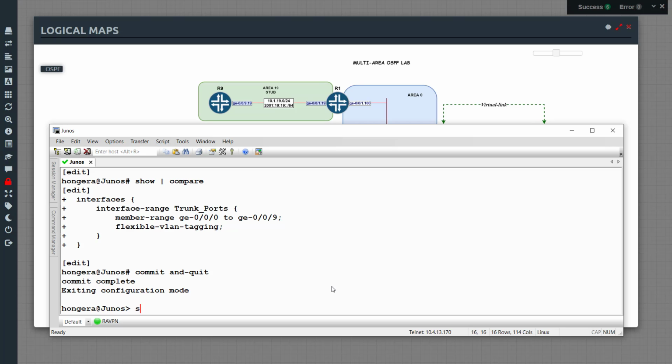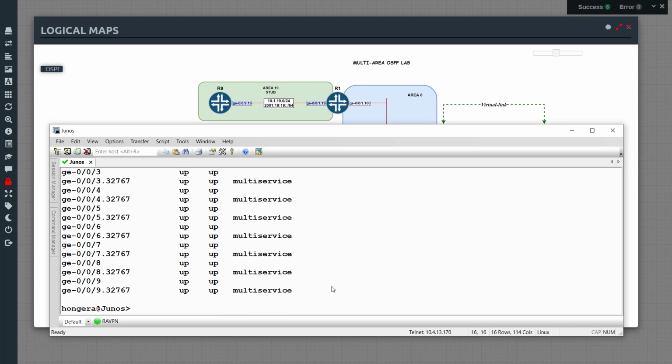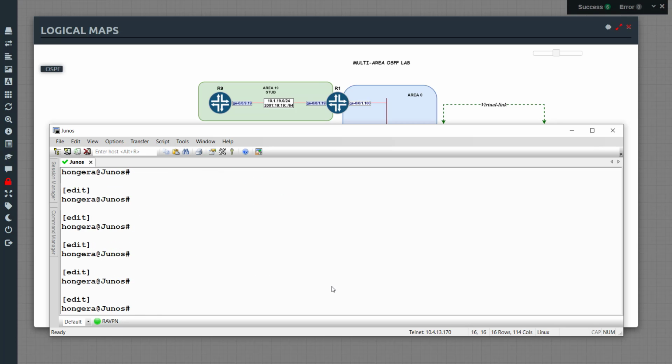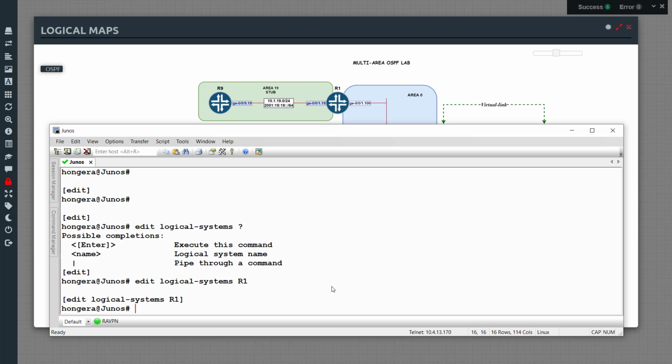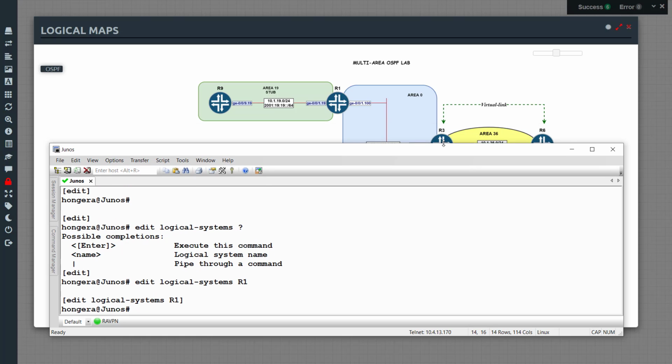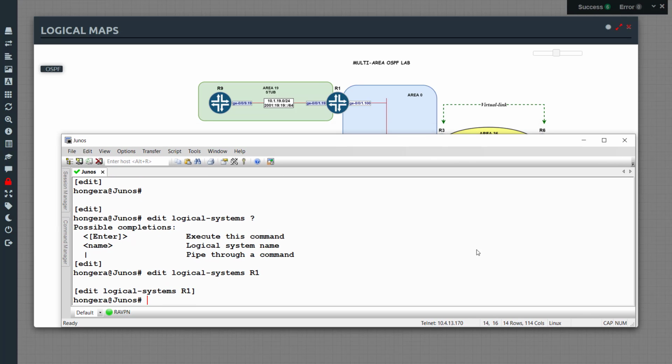Okay. If I say show interfaces ge-*, okay, that's great. Let's go back into config, but now we are going to create our first logical system. Let's do edit logical-systems. As you can see here, you need to specify a name, and that's going to be R1. And inside here, we are going to assign